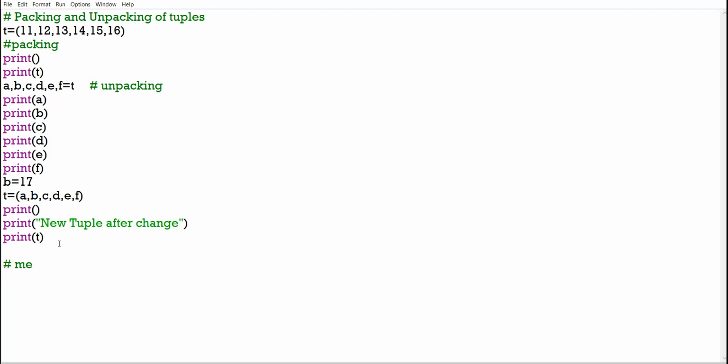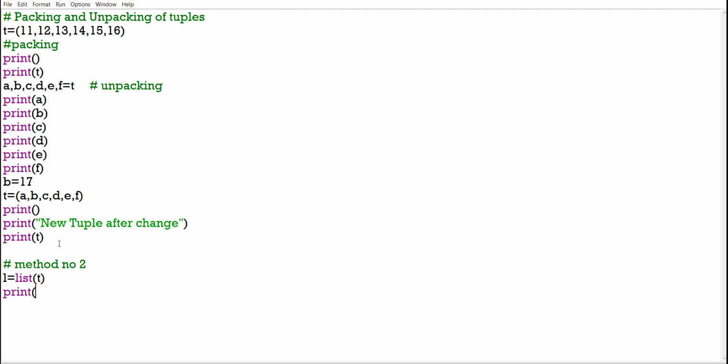Second method, method number 2. You make a list out of your tuple, like L equal to list method, and convert your tuple into a list. Okay.